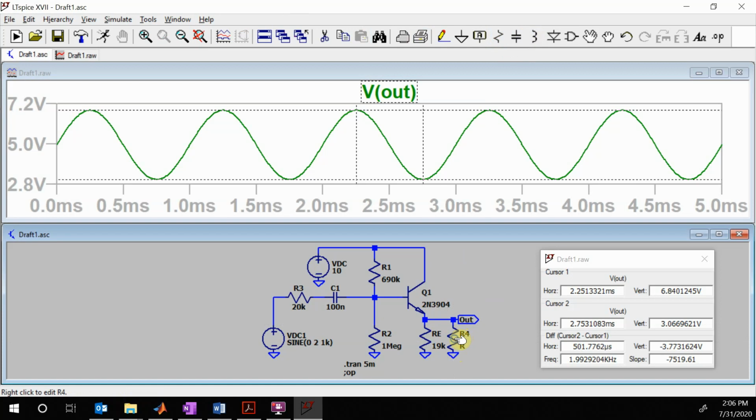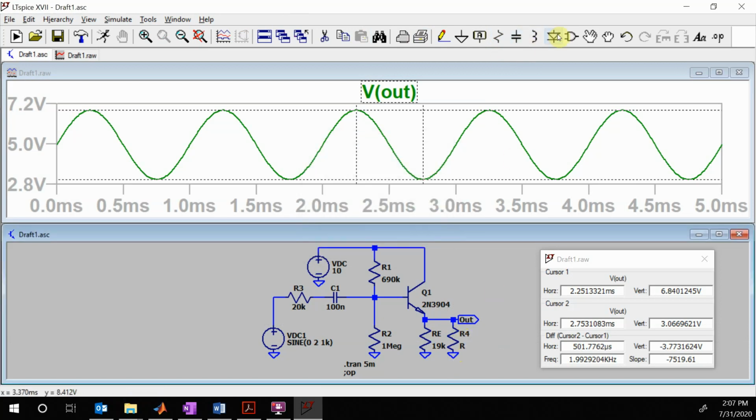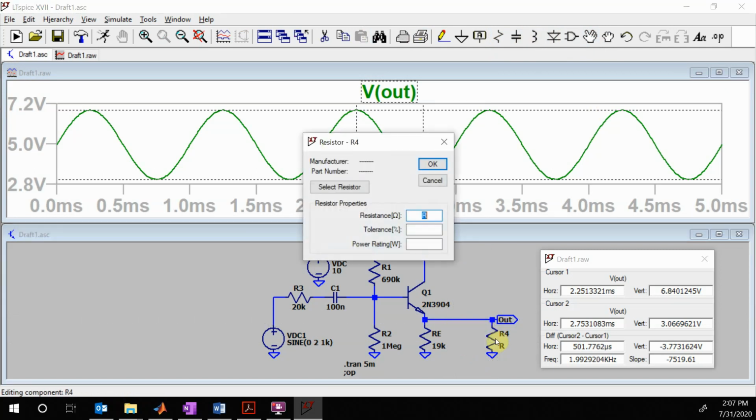That's our 100 ohms. Let's move this over a little bit. Now we have to add in, okay, so if I just put this right here and make this 100 ohms